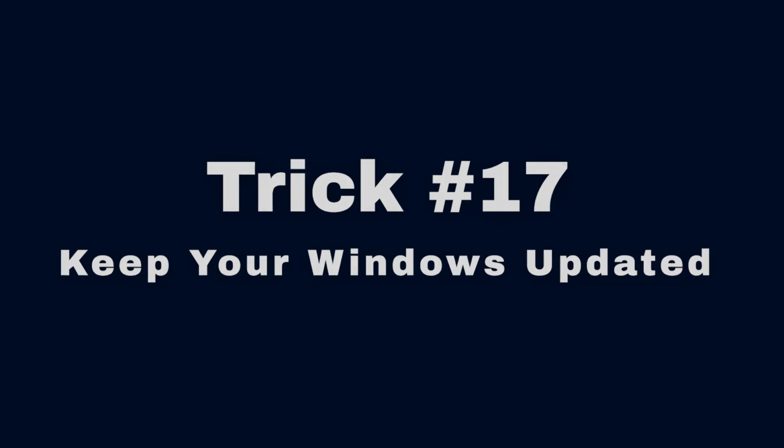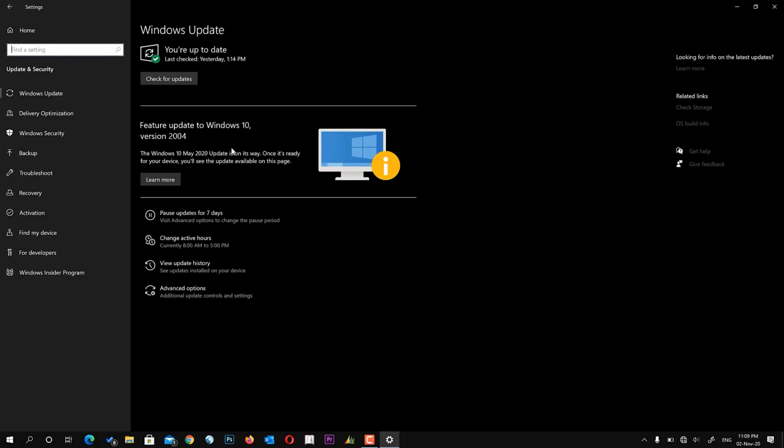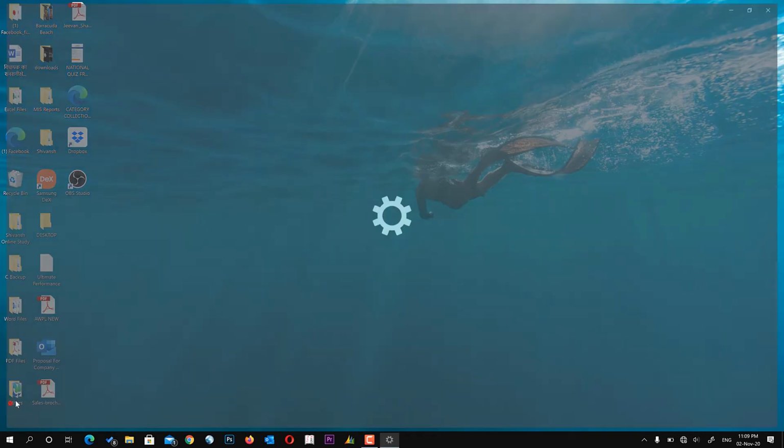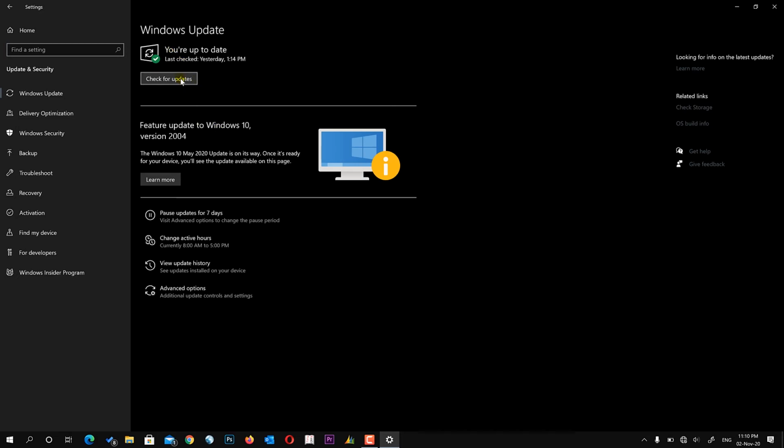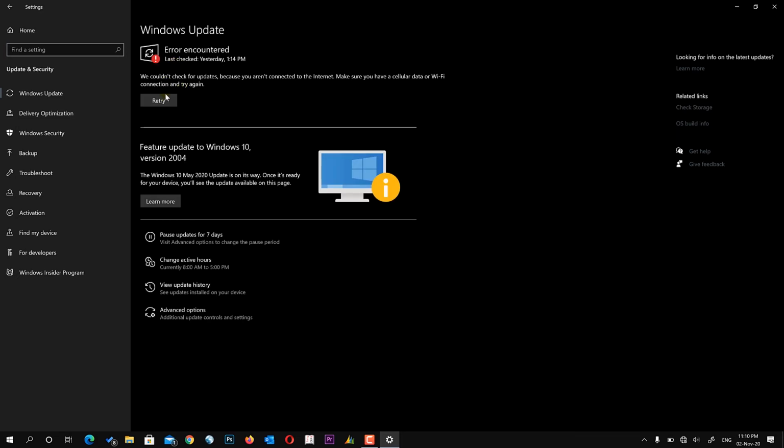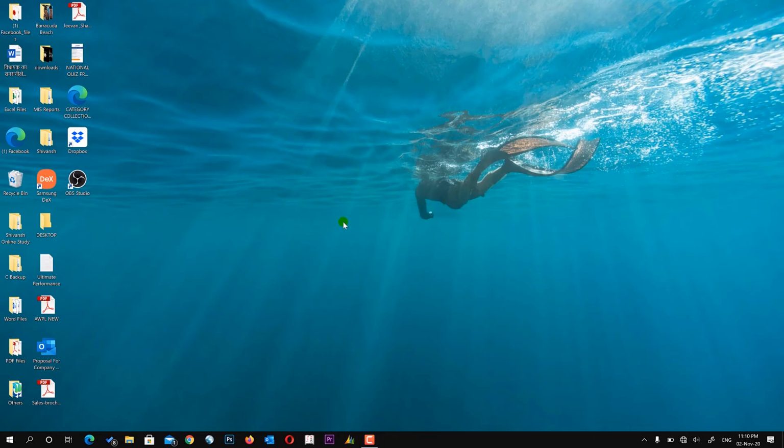Microsoft continuously releases updates for Windows 10 which are designed to fix common bugs that reduce system performance. Some of these are fairly minor, whereas others make significant changes to your system, maximizing efficiency. If machine performance is lagging, open the Windows menu and type update. Just go to settings, click on update and security and then check for updates. My system is up to date, so there is no problem. And also I have turned off the internet, that's why it is not connecting with the Microsoft server and it is giving an error.